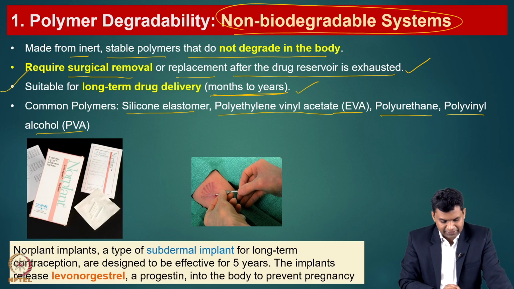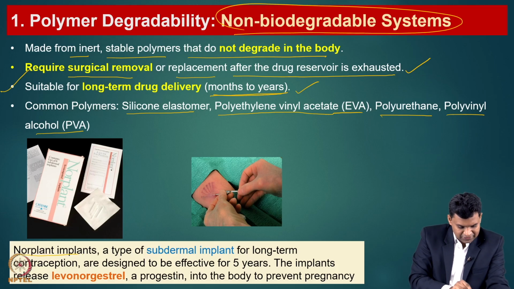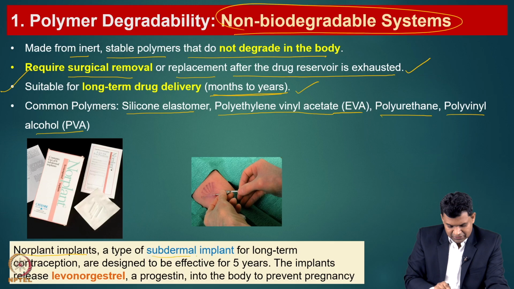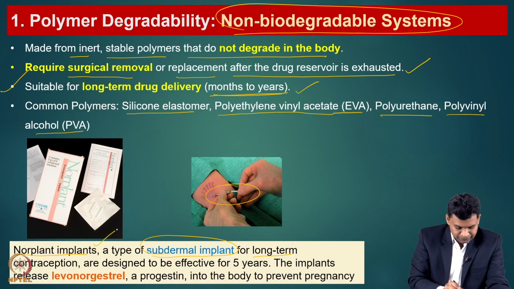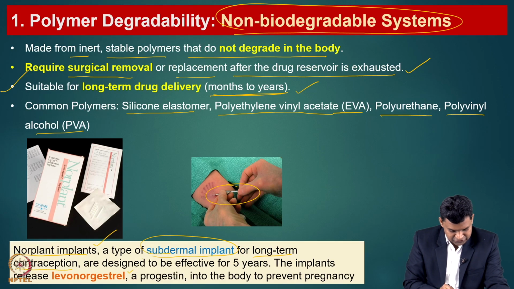Now, here is one example you can see, the Norplant implants, which come in the market. These are subdermal implants. The previous one was intracranial use. Now, here is the subdermal implant. You can see the doctor placing the insert into the patient through the subdermal route, and this can be used for long term contraception, which contains levonorgestrel, and that will help for 5 years to prevent